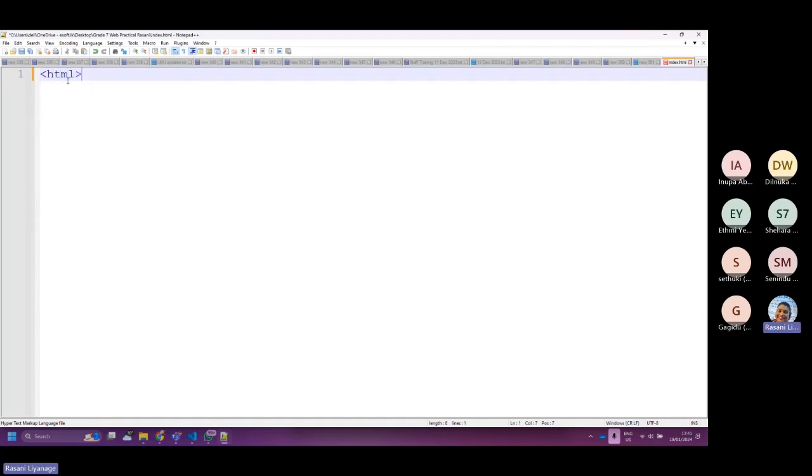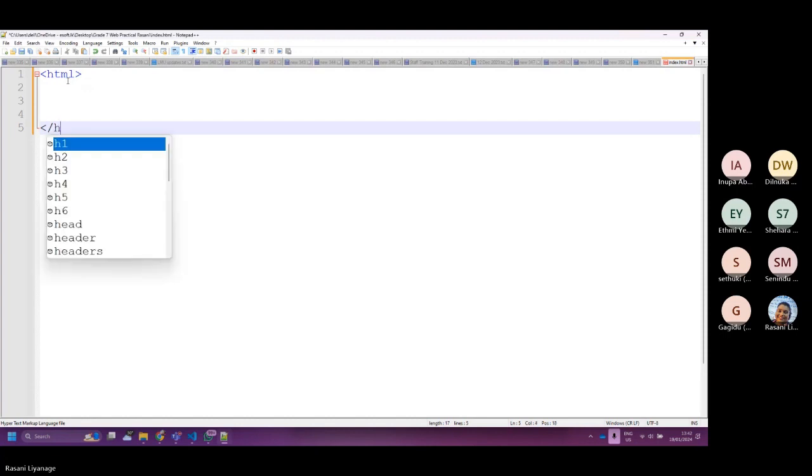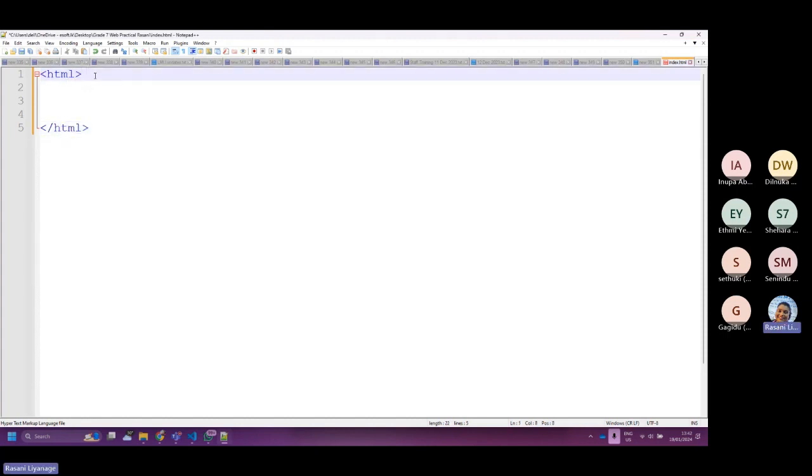One is HTML. You have to start with HTML. Then, see how it is written. You call these tags, right? I'm writing this inside a green one. That's called a comment. You just use a comment to write something to explain, okay? Just to explain something.